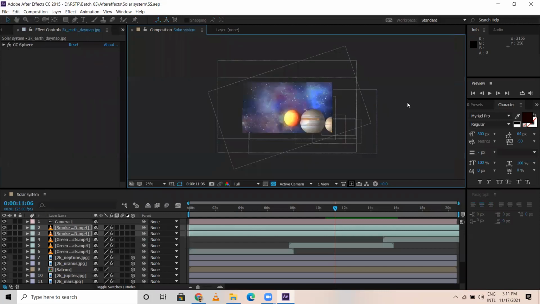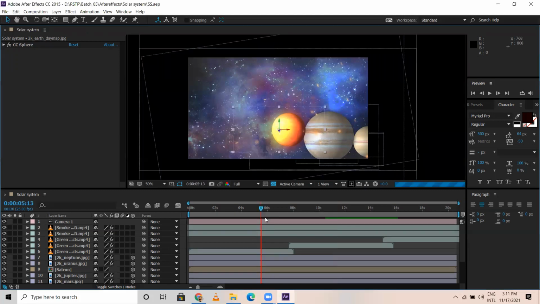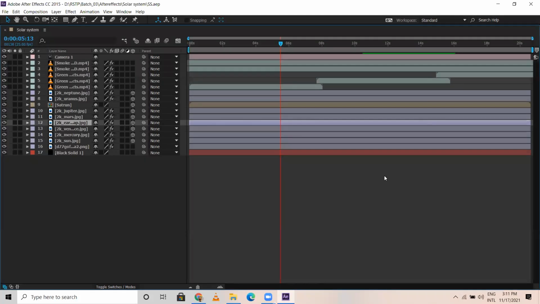After this, you can just render this, and after rendering, you can share me the output. Any doubts up to here? This particular work is really interesting. You can create many things in this. If you see the layer working part, this is how we have done.